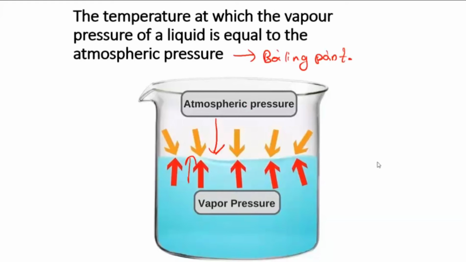So what I said: for a liquid to come out in the form of vapors, it will have a vapor pressure. That vapor pressure should become either equal to the atmospheric pressure or greater than it. The first beginning is that they should make it equal. Once they make it equal, then even if they become greater, they will start boiling. So the beginning point is when they become equal to the atmospheric pressure. It totally depends on your atmosphere.